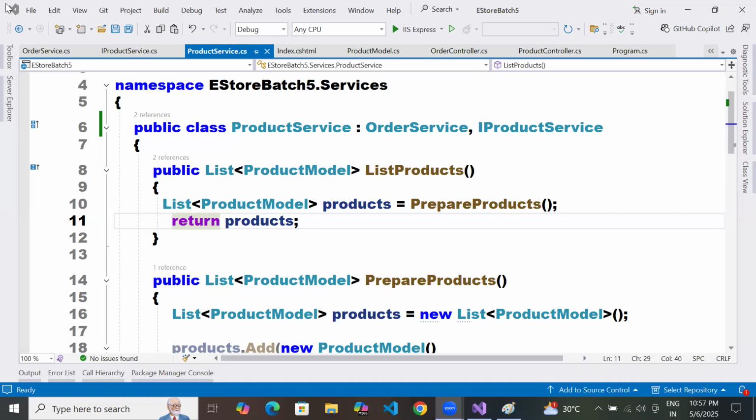So this is an alternative for that. Okay. Great. Really great.